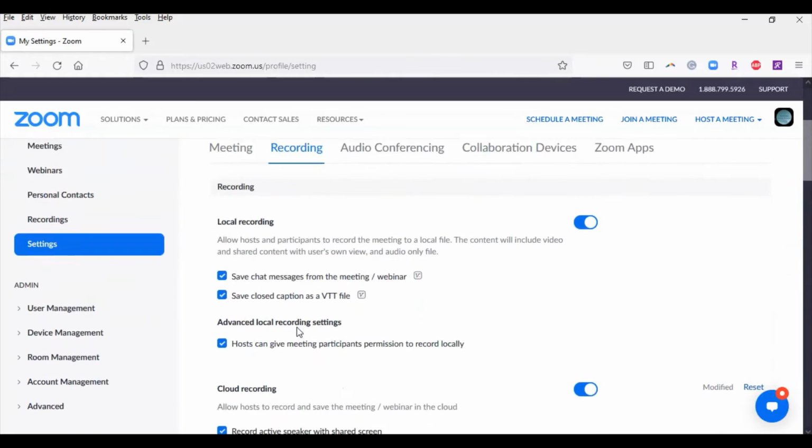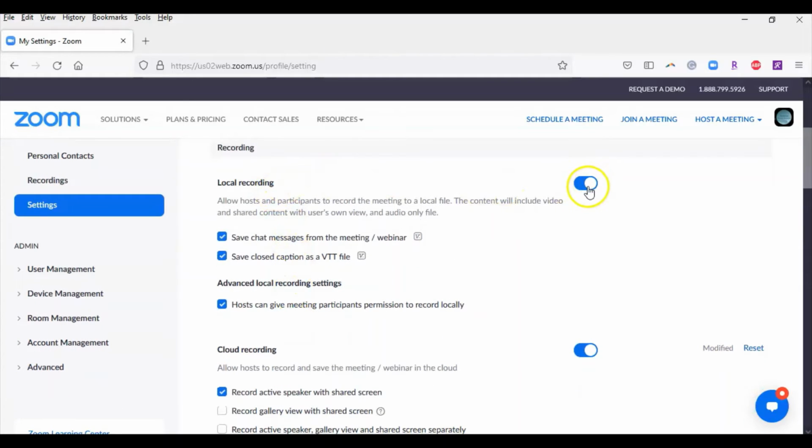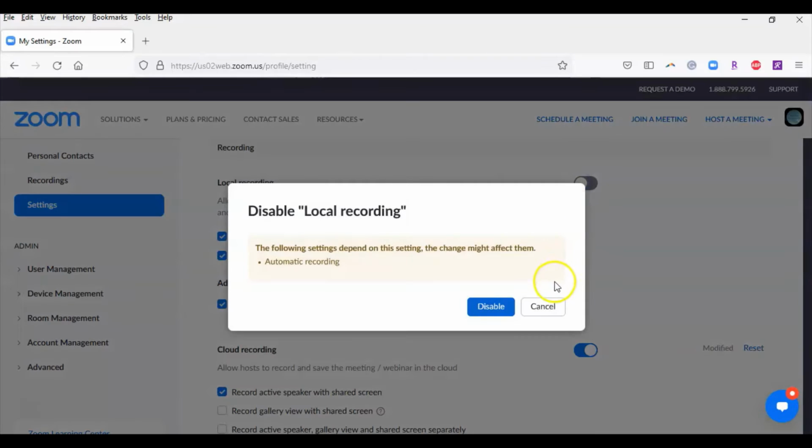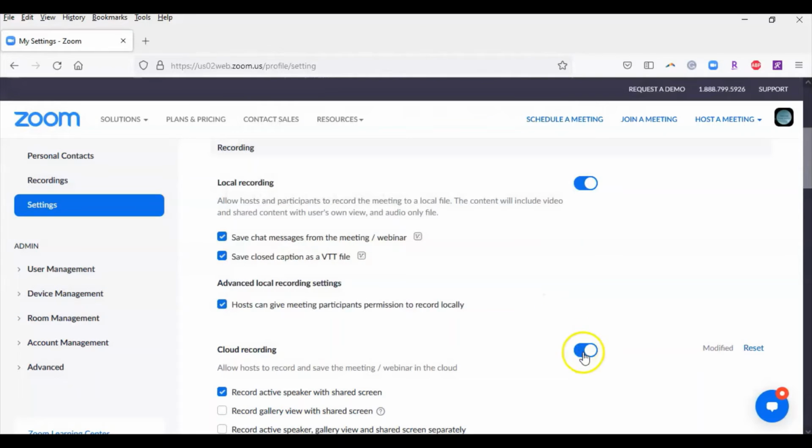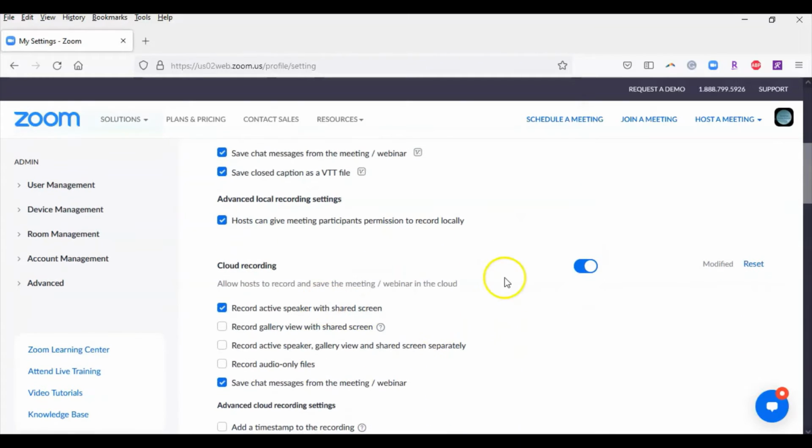So here you'll see that I have toggled on local recording and cloud recording. The only reason that I wouldn't record to the cloud is because the cloud storage is limited. So it depends on your account and how much storage you have available. If you do a lot of recordings, you might find that your storage fills up pretty quickly. So I always record to my computer now, but you definitely can choose if you'd like to do cloud recording